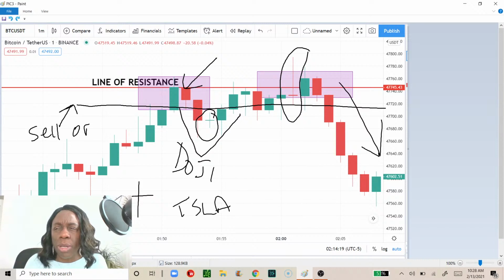If you're a swing trader where you are entering into a trade and you're going to be in that trade for more than a day, then you may not be too concerned about entering on the 1 minute or the 5 minutes. Maybe you would now be looking at the 1 hour, the 4 hour, and the daily to enter into a swing trade. So I hope that answers your question, Nina.